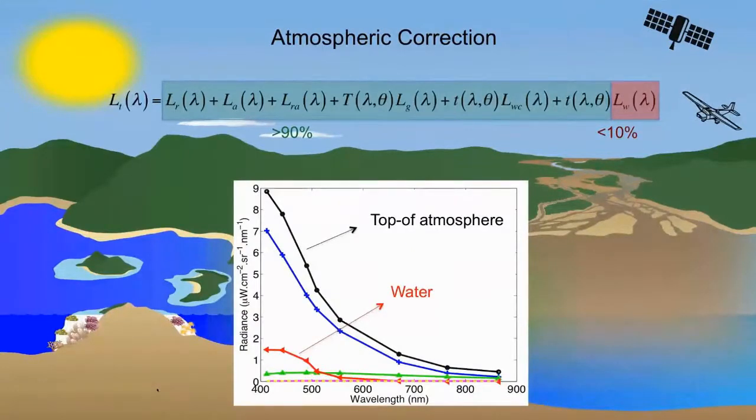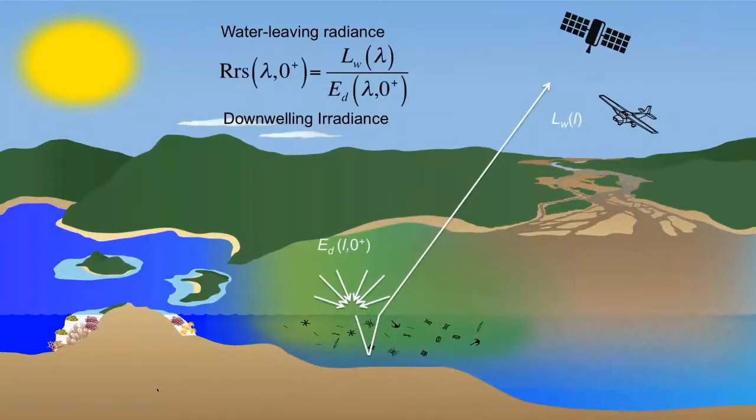Almost 90% of the reflectance signal detected by the satellite sensor is due to the atmosphere, and only 10% is from the water's surface. We use complex atmospheric correction algorithms that take into account the optical properties of atmospheric particles and gases in order to subtract that signal from the light the sensor detects so that we can arrive at